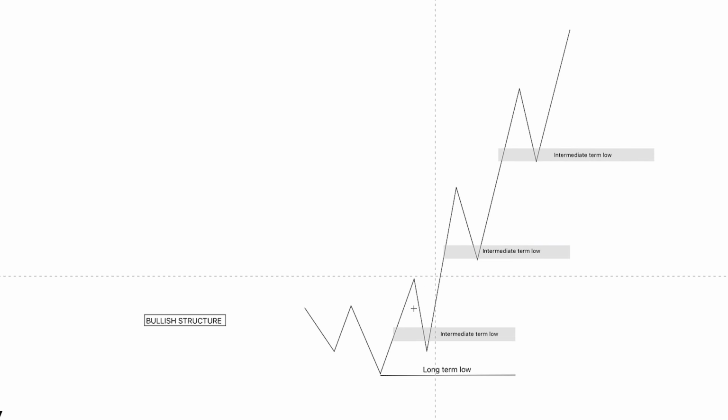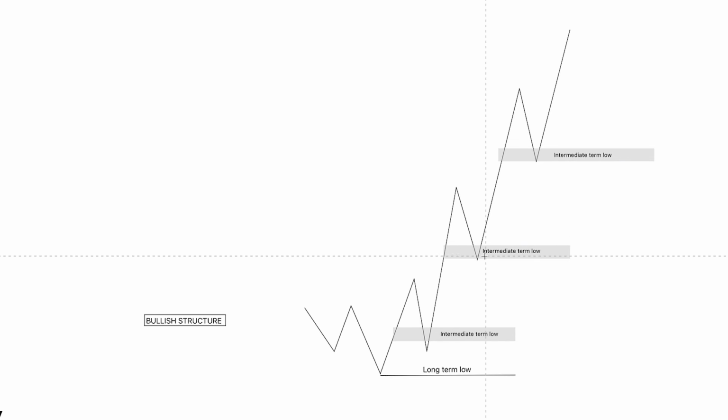Where did price react from most recently? Was there a key structural formation at that level that it reacted from? Key levels come by way of higher time frame levels. It could have been a bullish order block open, a bullish fair value gap, a bullish breaker. As long as we can identify this structural formation around this key level, and we see that price is continuously